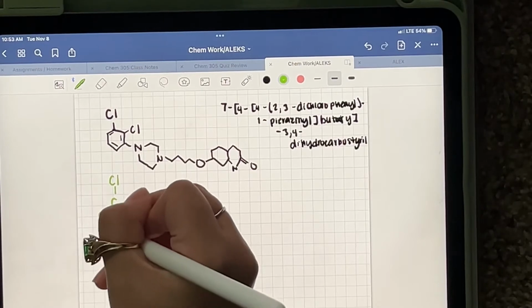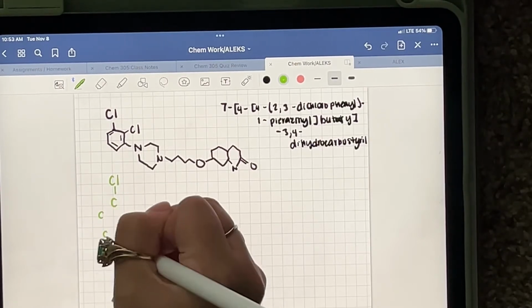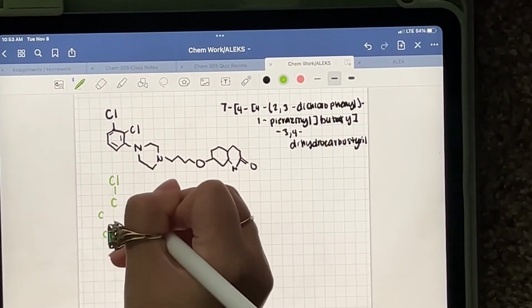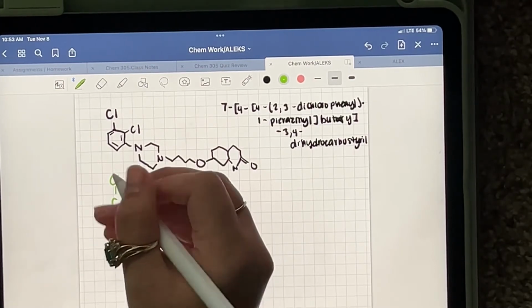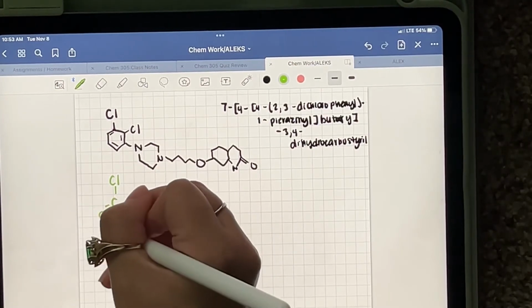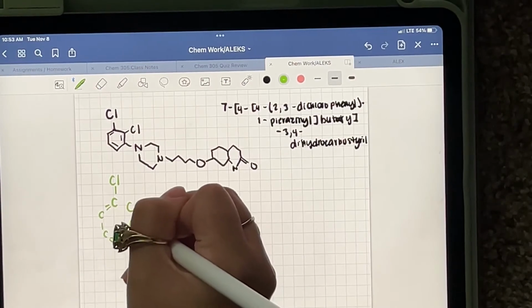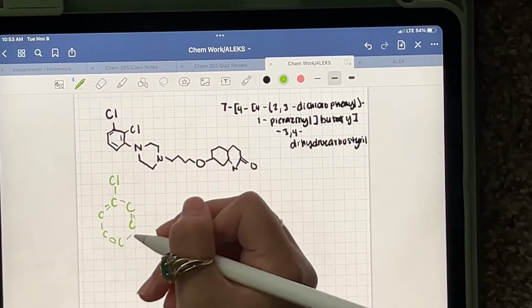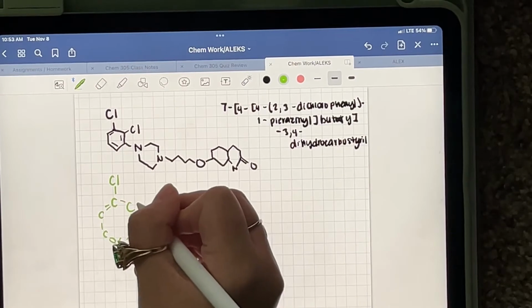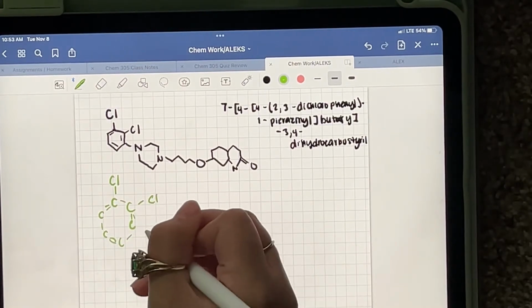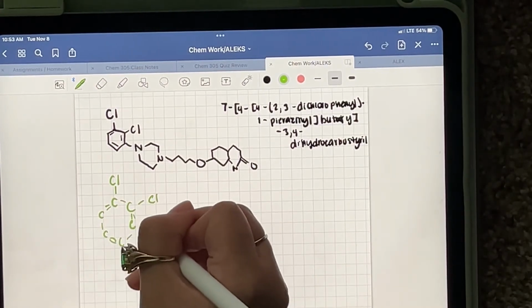So there, there. So this is a double bond right here. A single bond, double bond, single bond, double bond, single bond, and then it connects right here to chlorine. So I've got to draw that. Then we have nitrogen,